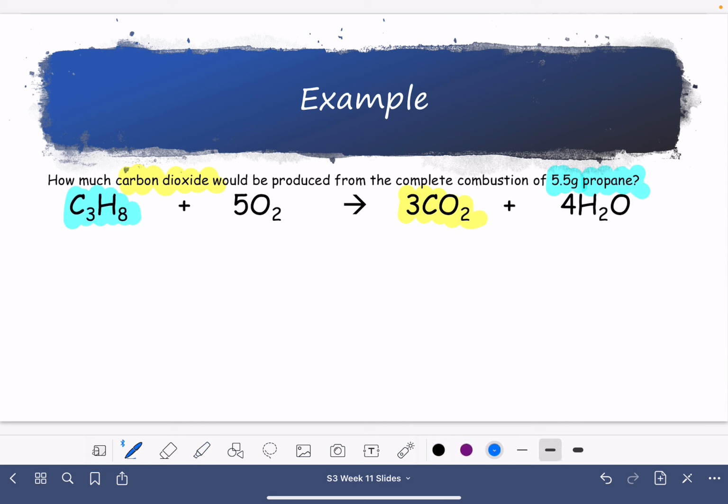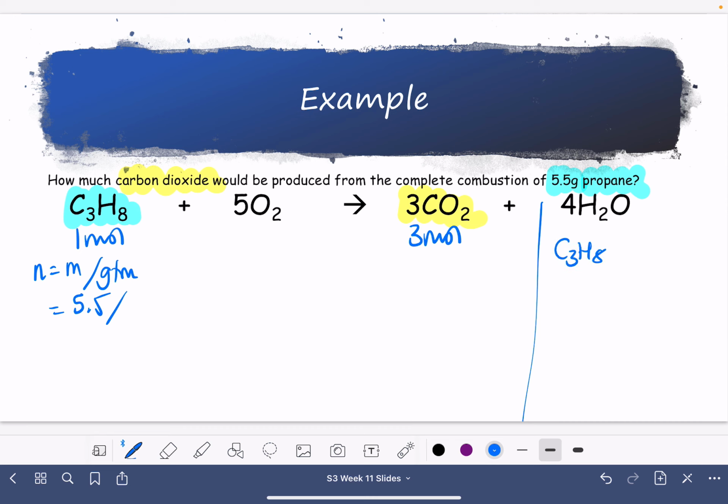Let's write our mole relationship. All we need to worry about is the carbon dioxide and the propane. So it's 1 mole to 3 moles. Now, we need to work out the number of moles of propane that we have at the start. So that's mass divided by gram formula mass. So 5.5 divided by, what is the formula mass for propane? Well, C3H8. So we've got 3 times 12, which is 36, and then 8 times 1, which is 8. So that's 44. So 5.5 divided by 44